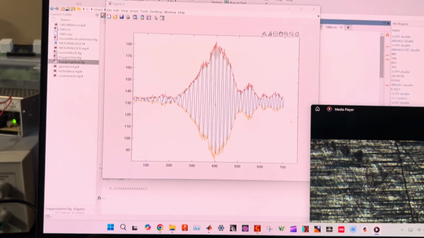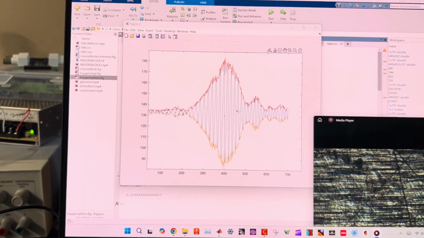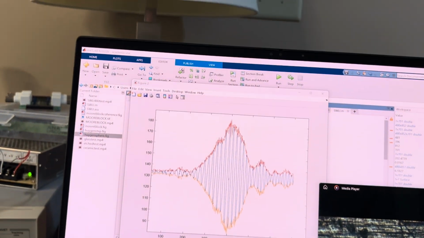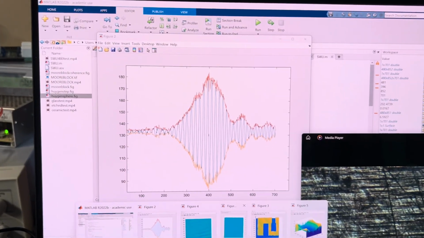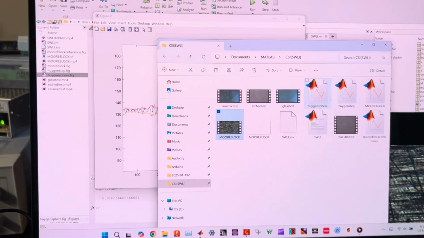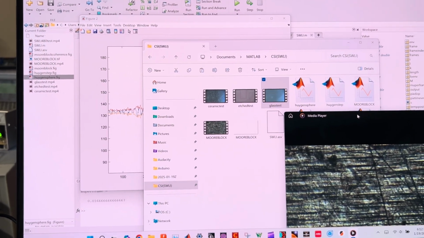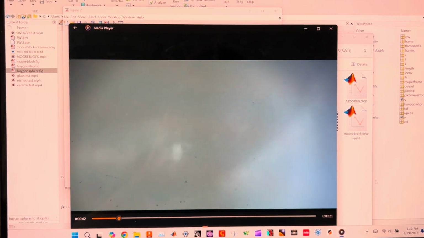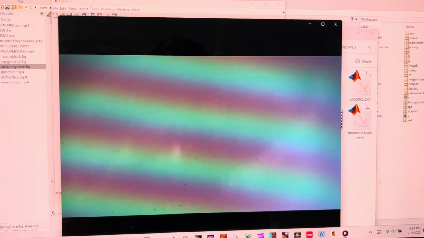So the problem I'm having is the resulting data ends up looking really noisy. Let me show you the actual raw video here. This is just the two glass discs that I showed before. So no high frequency roughness, just a nice smooth glass, and you can see the fringes going through there. And this is the video that gets processed